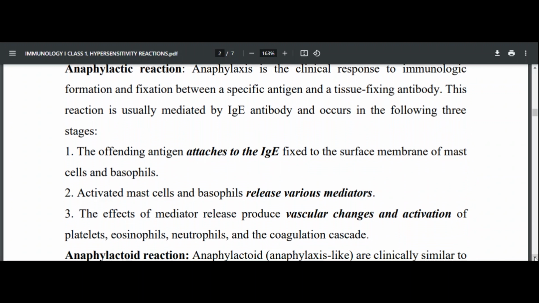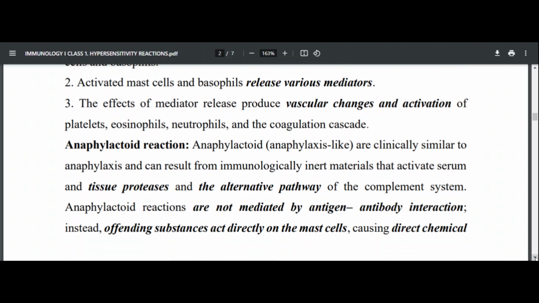that the offending antigen attaches to the IgE fixed to the surface of the mast cell or tissue basophil. And the second step, there will be activation of mast cells, which release various mediators. And the third step, the effects of the mediators released produce vascular change and activation of platelets, eosinophils, neutrophils, as well as the coagulation cascade. So anaphylactoid reaction, of course,